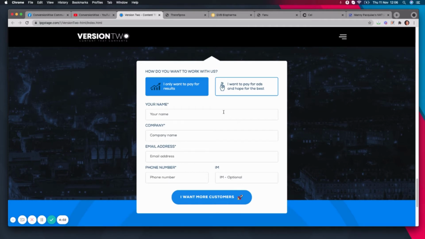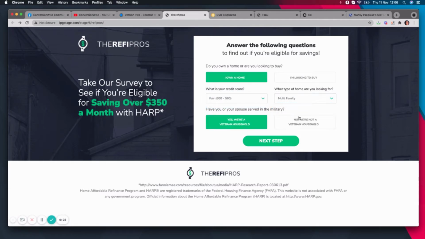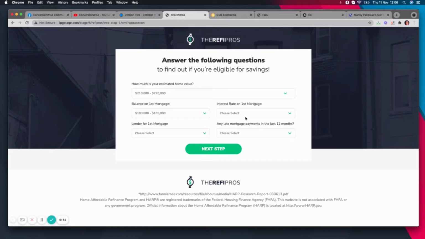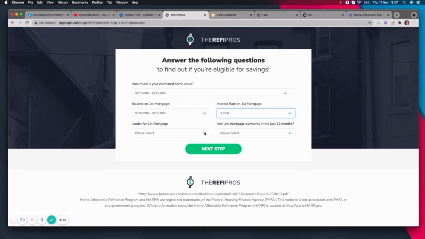Is it as simple as this, where you only need this, or do you require more complex information? Well, if you do, you want to send them to something like this. So this is a multi-step funnel. As you can see on this one, we've got quite a few questions that we are trying to get information for, but we're making it as simple as possible by giving the consumer the option to basically just click. Really super simple. We then take them through the funnel, asking them that little bit more. These are really great when you're trying to get lots more complicated information from people. So do make sure that you make it as easy as possible for people to use.